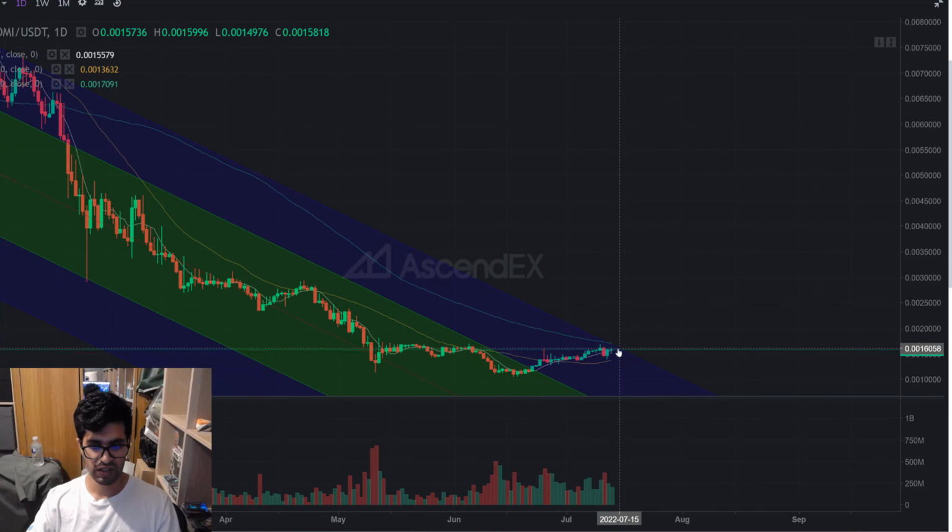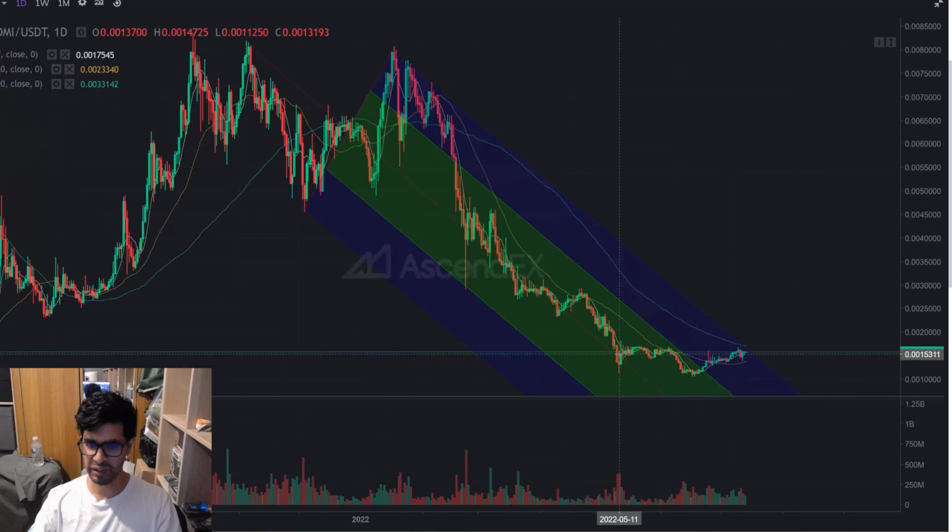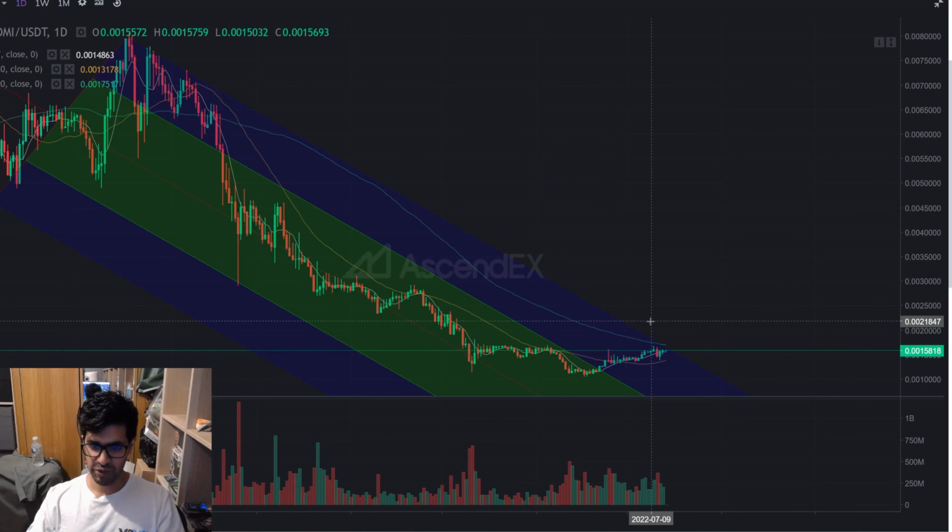So I'm expecting OMI to touch this upper bound and drop. I'm expecting it to drop back to around the 30-day moving average, so around this 0.135 range, around 0.135 to 0.138. It could bounce at 0.14, but I'm hoping we break below. If we do break below, I'm going to buy some more OMI, and I'll keep you guys posted. My target goal is 50 million tokens. We'll see what happens. But yeah, that's pretty much everything I have to go through with you guys today.